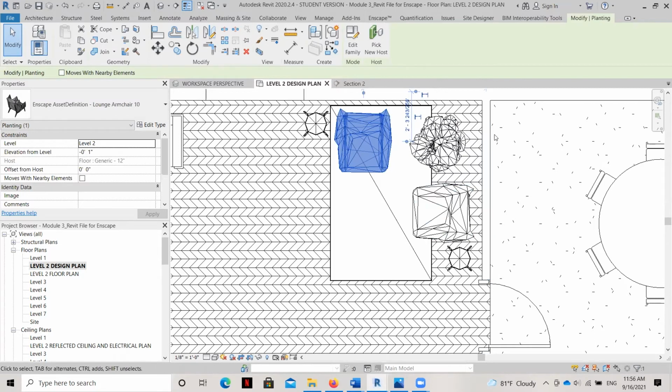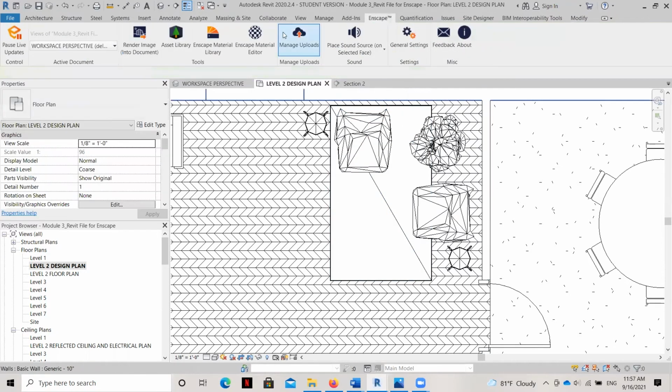Okay, and now I want to go ahead and add some sconces and some other elements of lighting that, again, we would typically want to see hosted to a wall if they were a wall hosted family in Revit. But here again, we don't have that option. So let us go ahead and place some sconces here.